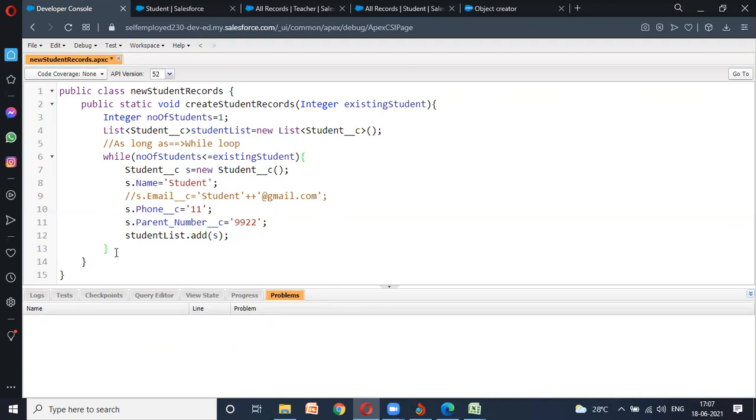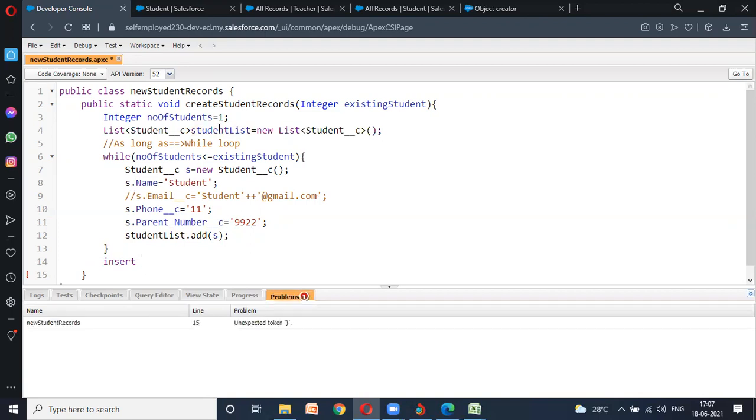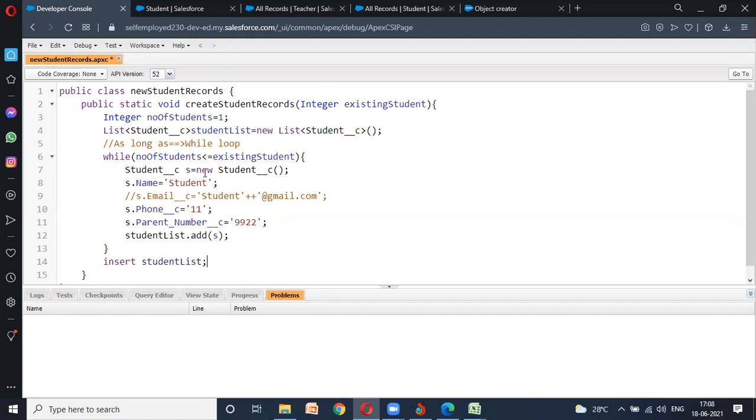So for that we need insert student list. Copy this. Done. Now what will happen? What will be the output? The output will be student phone number and his father's phone number.